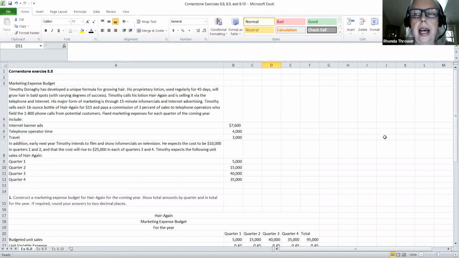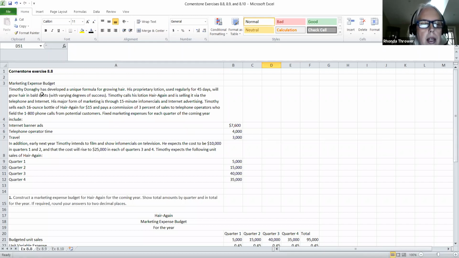What we're going to be doing today is a marketing expense budget. And for a marketing expense budget, we're going to anticipate the expenses, of course, of marketing for the new period of time. And we generally break these down into variable expenses and fixed expenses if we have those. So in this particular problem,